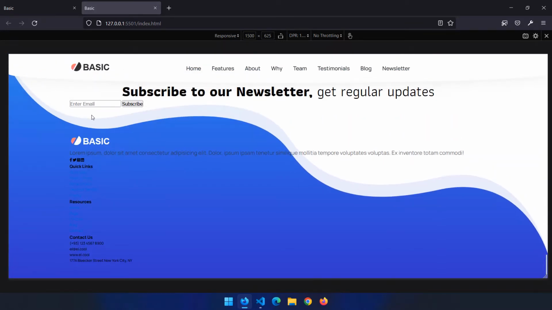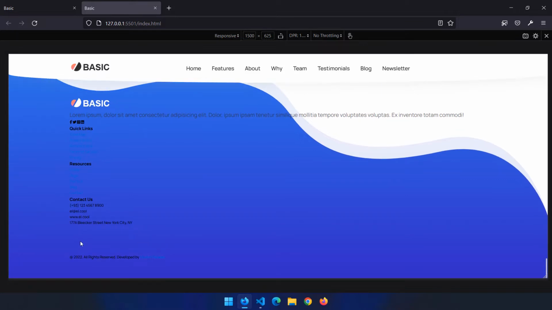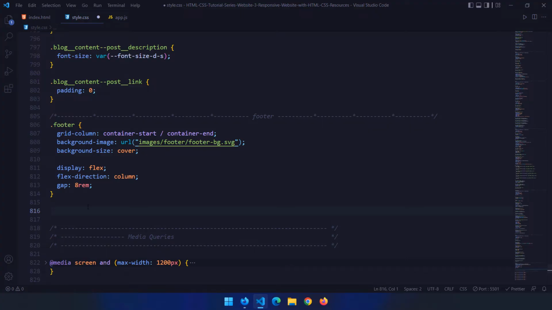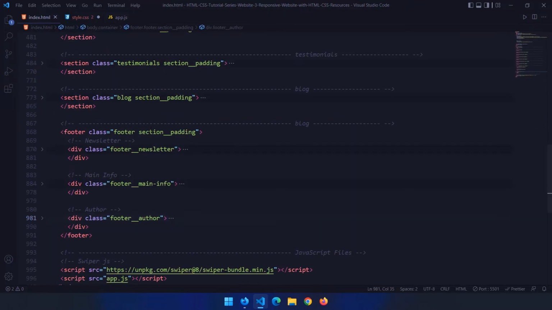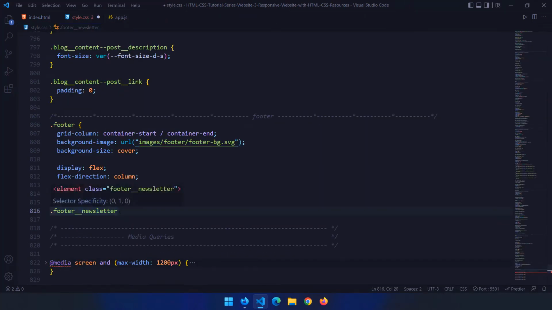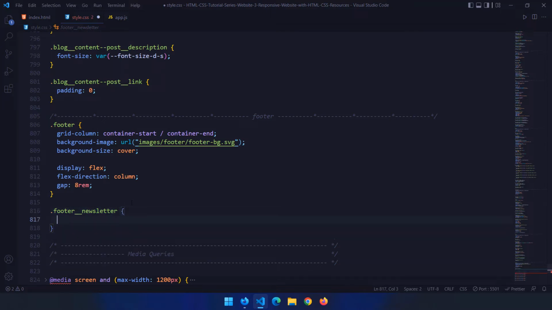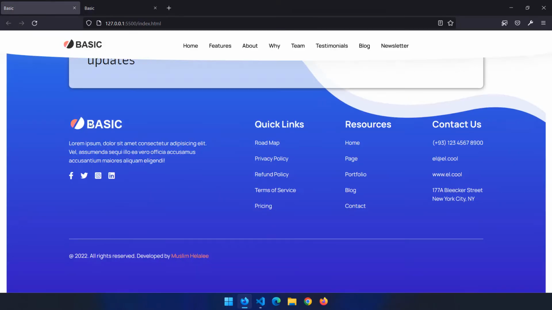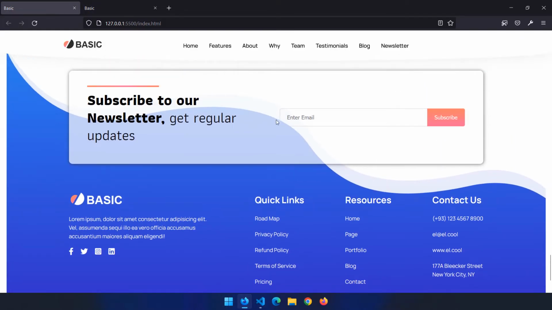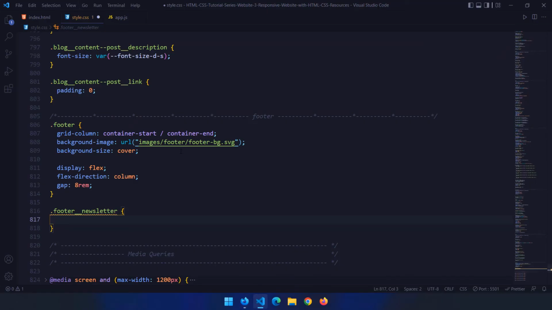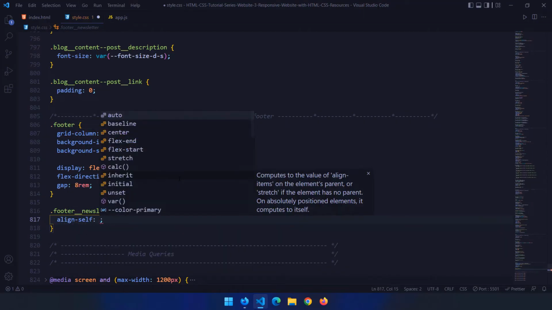So here is the newsletter, and then we have the space between the main info and the other part. Let's go ahead and grab every one of them one by one. So it is footer, newsletter. Let me grab the class from here so we don't make any mistakes. There we go. Now, what do I want to do with this? What I want to do is align the newsletter in the center. So I'm going to say align self, because the direction of the